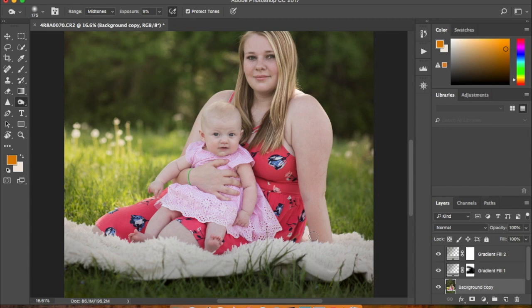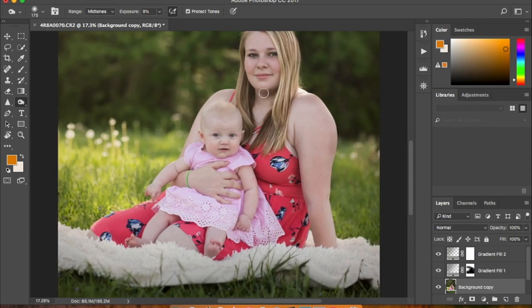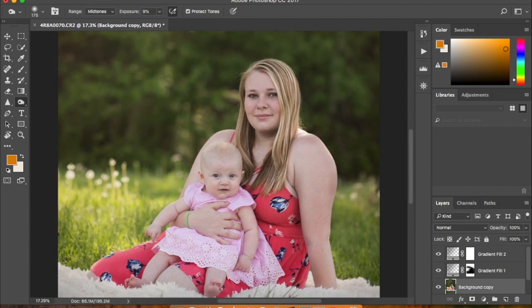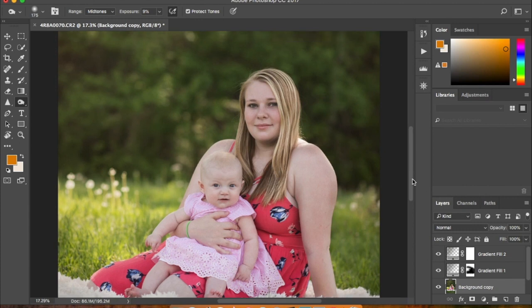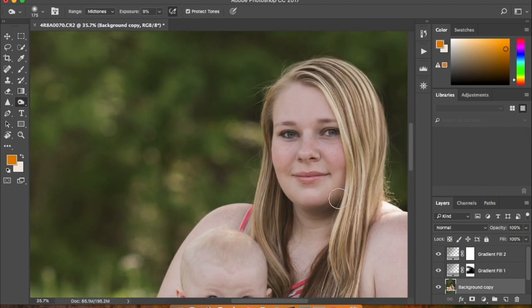Okay, so I'm going to dodge all the shadows, and hopefully you can tell what I mean by shadows. So wherever the sun is not hitting, so like on the inside of your arm, and then you can see the sunlight is hitting right here on her shoulder, but there's shadows right here, and there's shadows right here, and there's shadows right here underneath her chin, and there's shadows on the baby's feet, which I mean you don't have to do. I'm not going to do, just showing you. And shadows along the side of the face, on this side of the head, or the forehead, this side of the forehead,